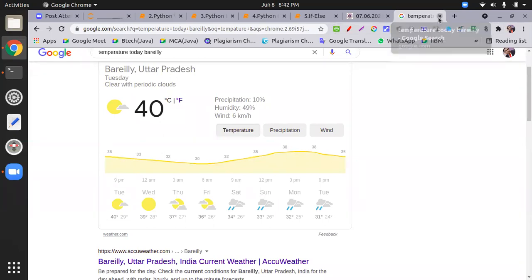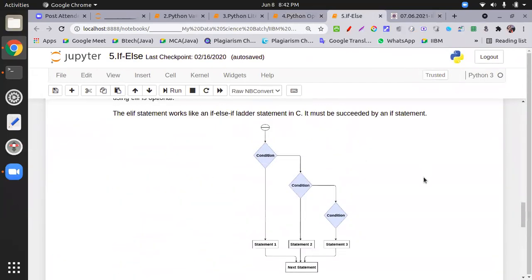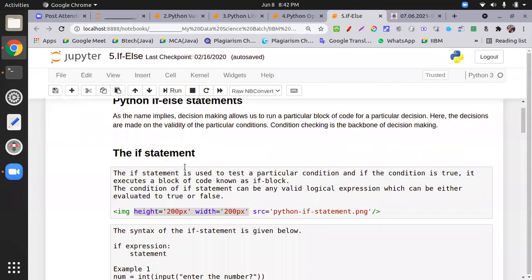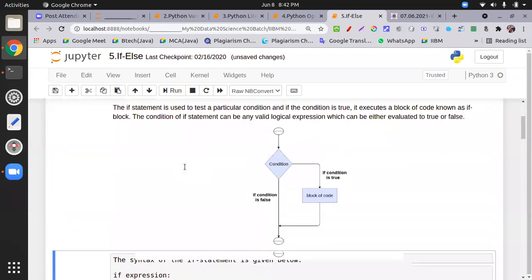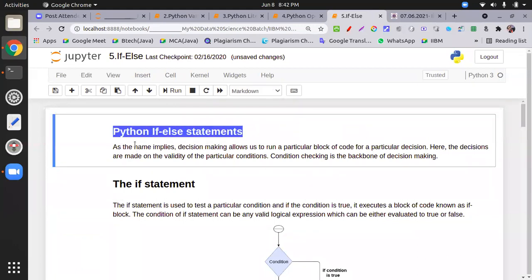Okay, so let's start the session now. The if else statement is a very interesting thing, and I will make it interesting for you. It is a decision control statement. In normal words we say if else statement, not only here but everywhere. Either we use the if or we use the else, depending upon the number of conditions.